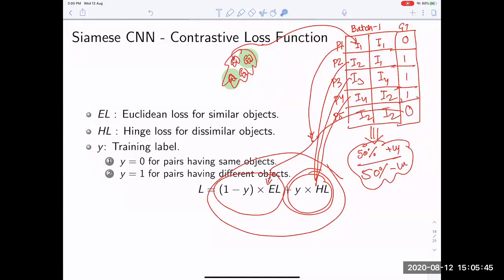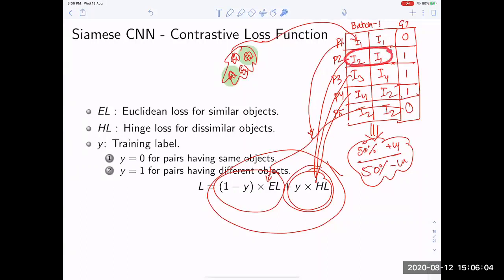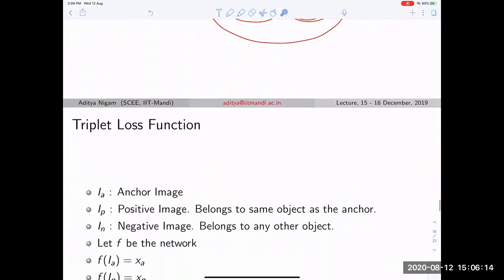Instead of that, can I make it in such a way so that even though they are the same, the value can be slightly 0.2, even 0.3? I will allow you to give 0.3. And if it is coming from the negative class, the value can be 1, it can be 0.9, or it can be even 0.7. I am allowing you. But how? Let us see. And that is actually the triplet loss.